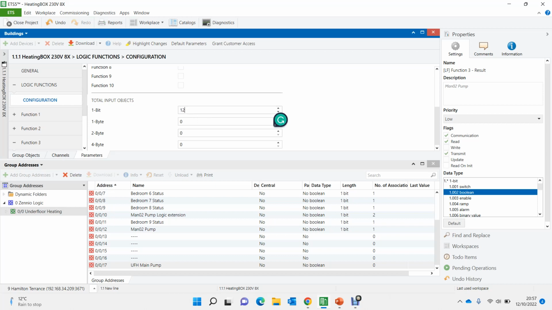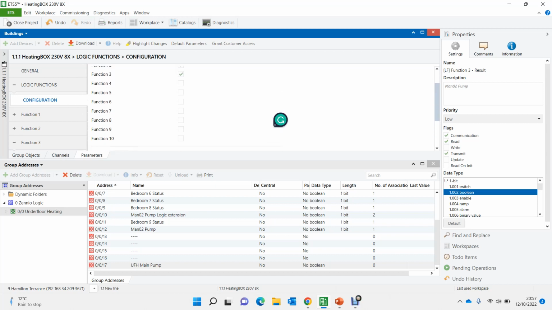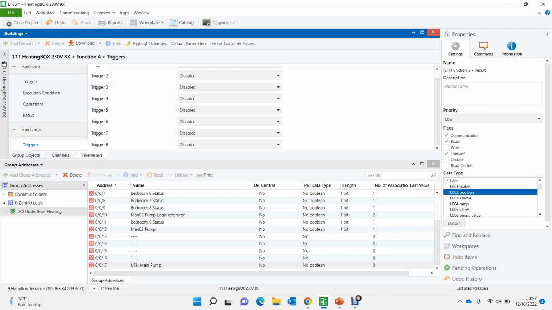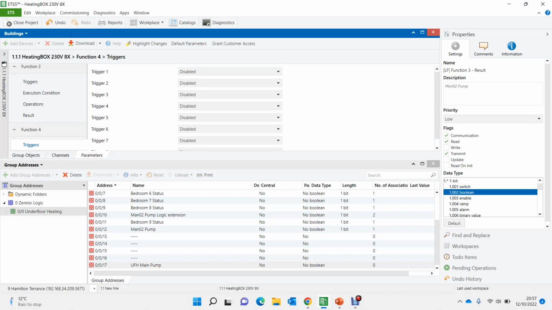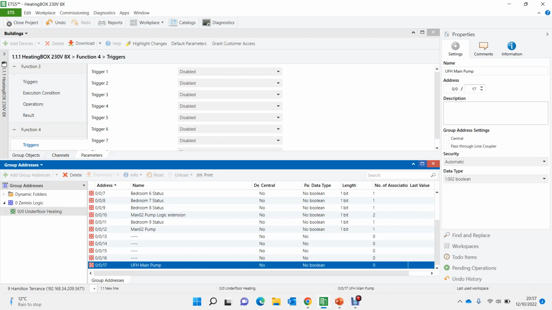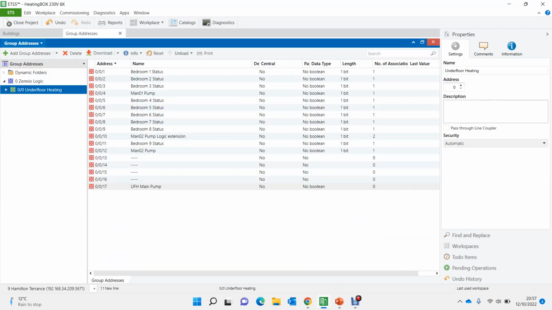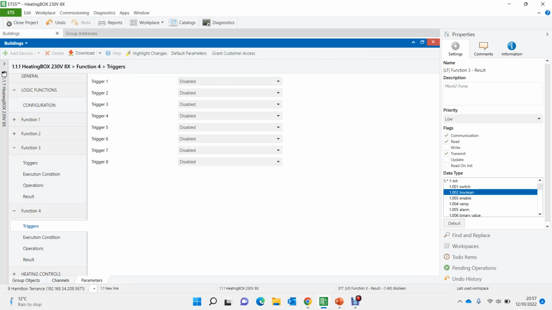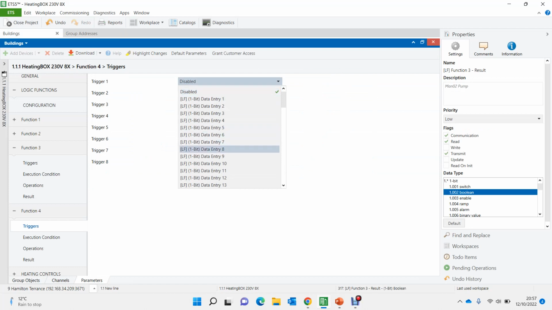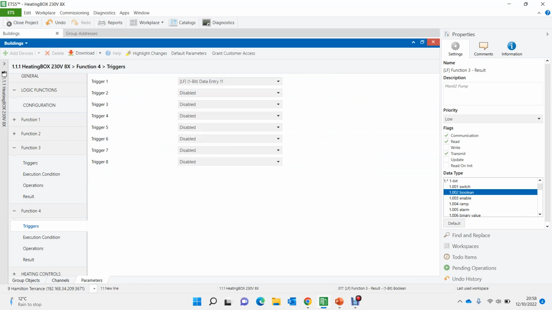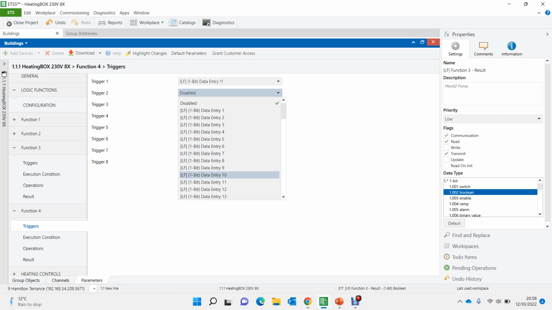And then I have another function, function number 4. I go down here, I can just use triggers, which would be number 11. I'll just move this there so we can see it much better. Number 11 and 12, trigger number 11 and 12,